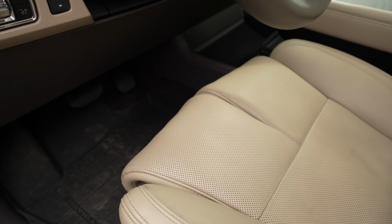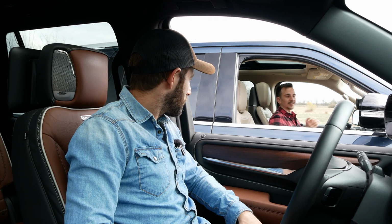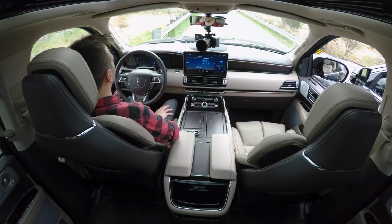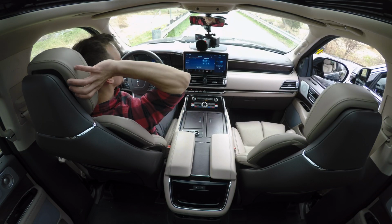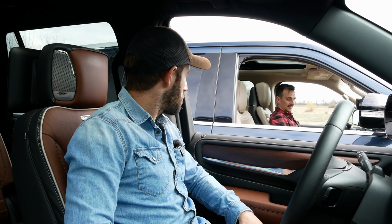But like the cushions that individually adjust at the seat bottom, they're so incredibly comfortable once you've set them up, which takes like 20 minutes. Yeah. But they're incredibly comfortable, and I just love sitting on this. This headrest is cushiony. Even that one comes out and forward and up, like whatever you want. It is so incredibly comfortable, and just a big step